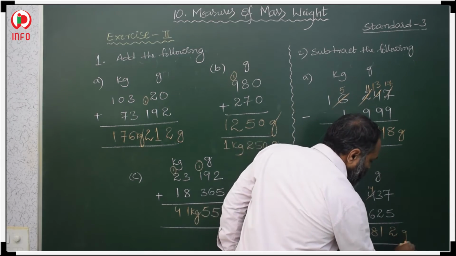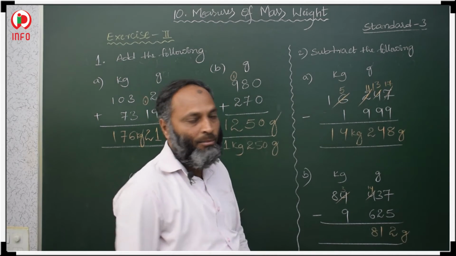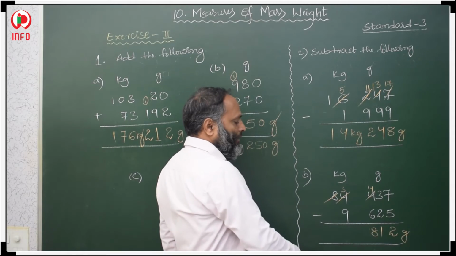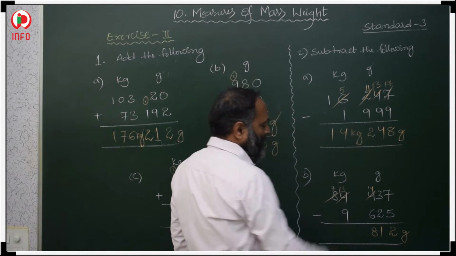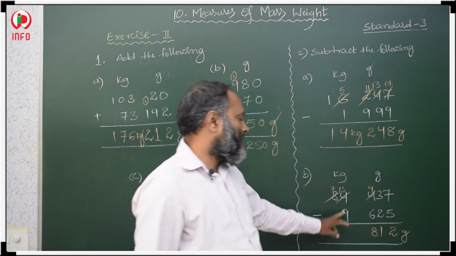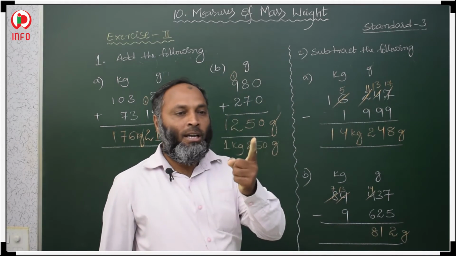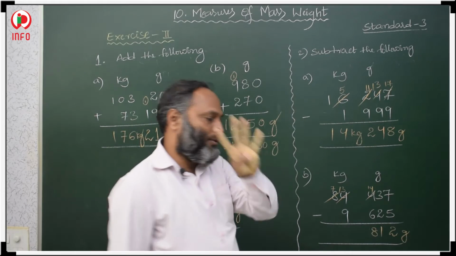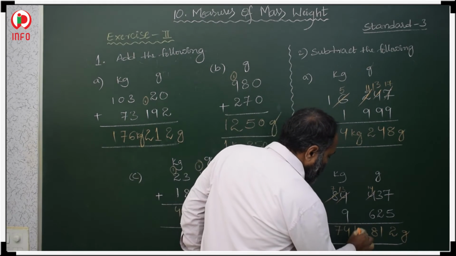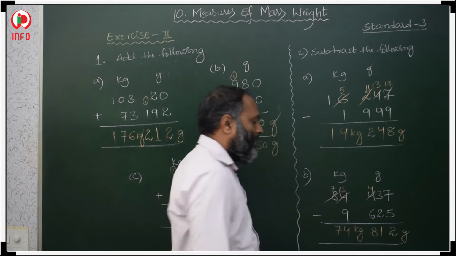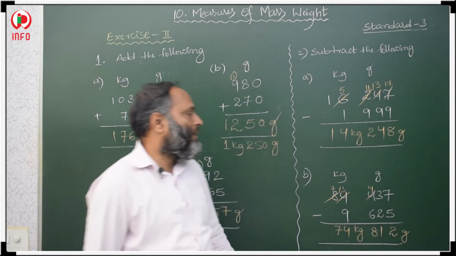This is grams. Okay. Now 3 minus 9, smaller minus bigger, we cannot minus. So from here we take borrow. In tens means 7 tens we will get, here 10 increase. 13 minus 9 means 10 to 13 we have to count. 10, 11, 12, 13. It is 4. And after that 7. 74 kgs, 812 grams. Okay. So this is the method to subtract grams.